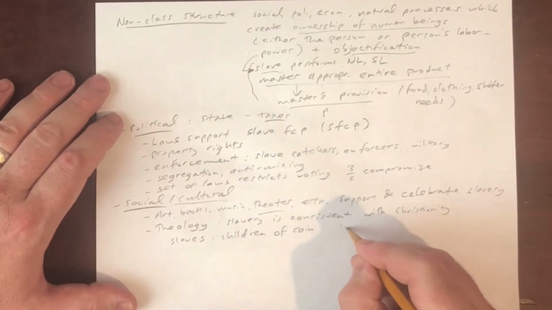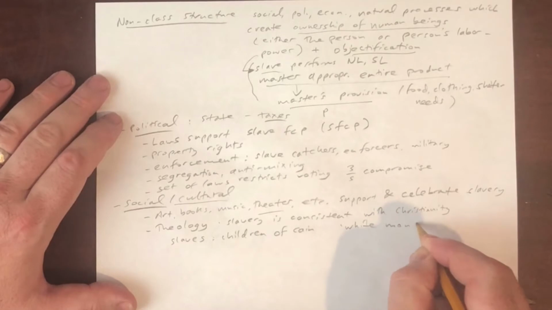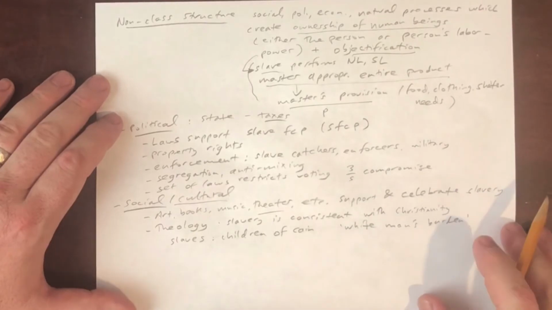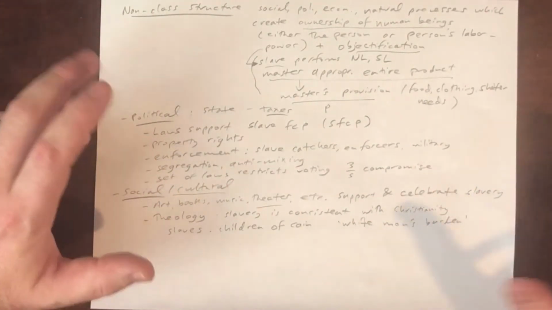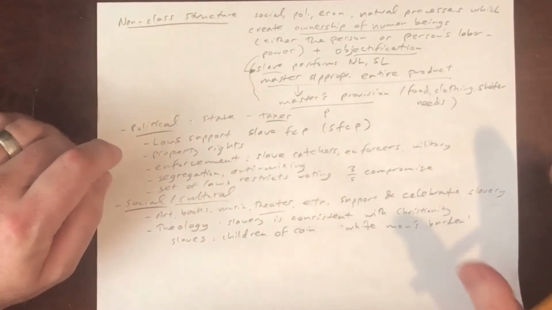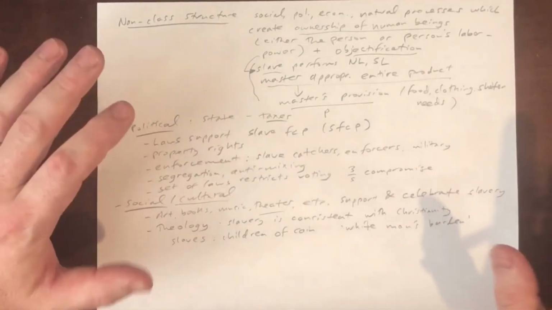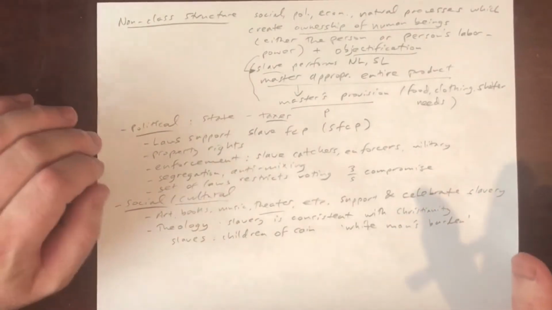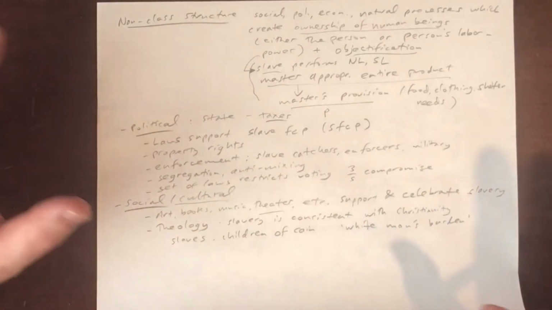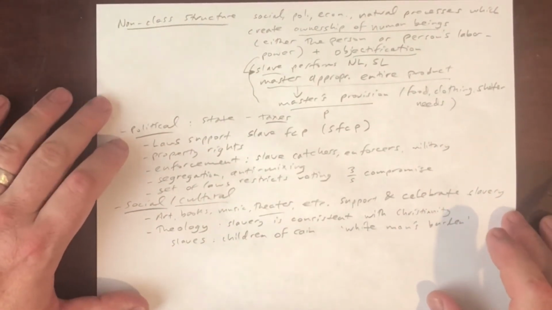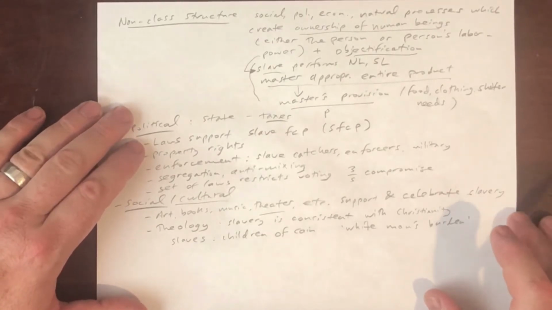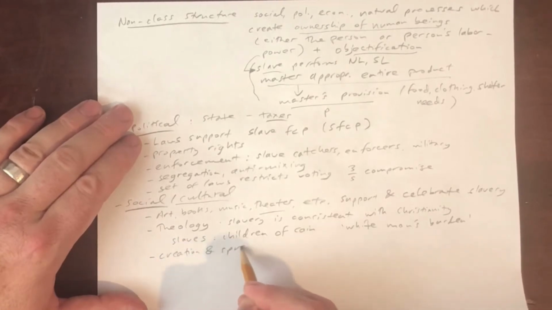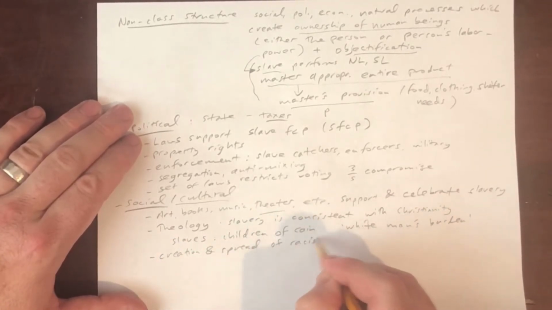Along with this, we have the notion, for example, of the white man's burden, to say that it is the responsibility of whites, as the superior race, to civilize and uplift and so forth. This is very much part of American history, especially U.S. history, but we see this everywhere that slavery was promulgated in the New World. Okay, and I hope this makes it clear that the creation and spread of the racist ideology that I'm referring to